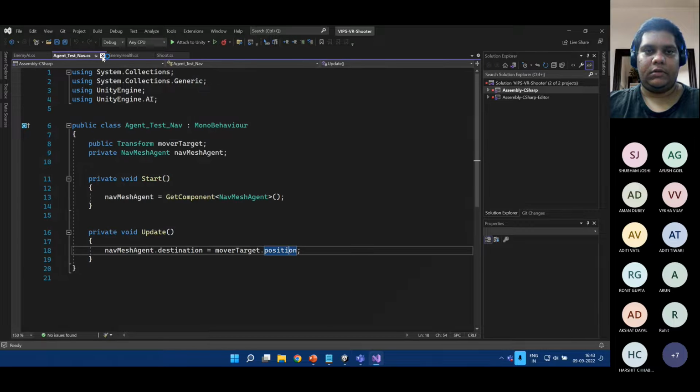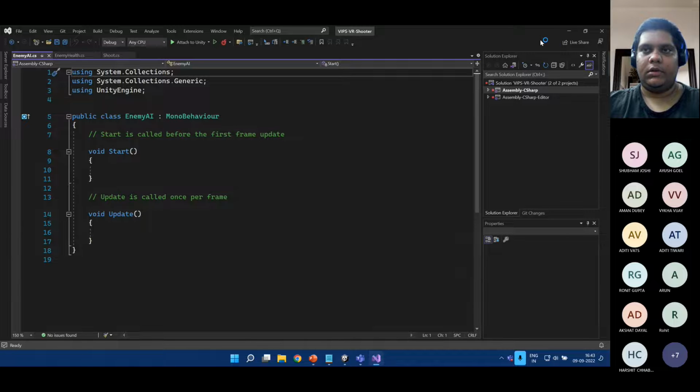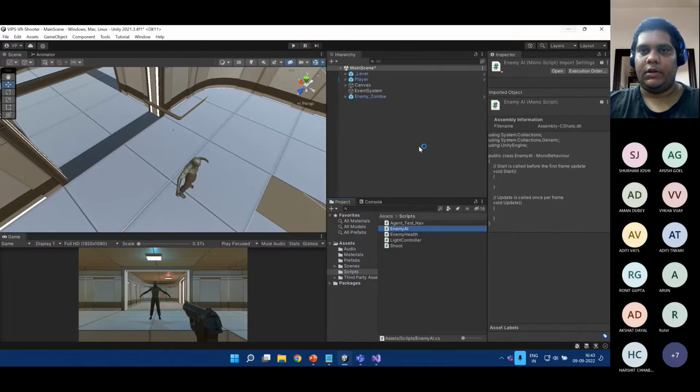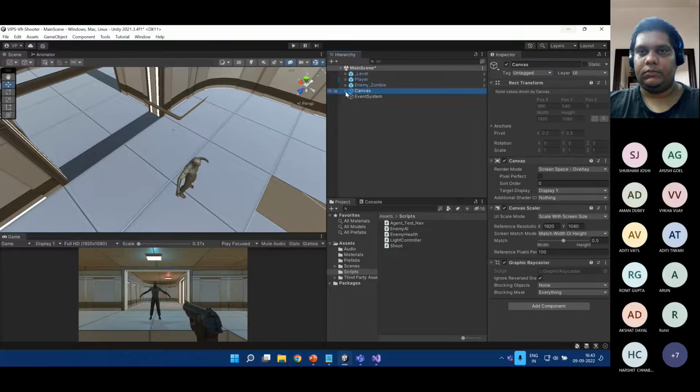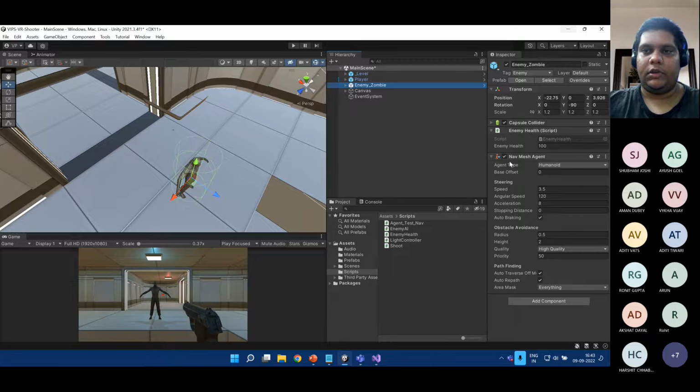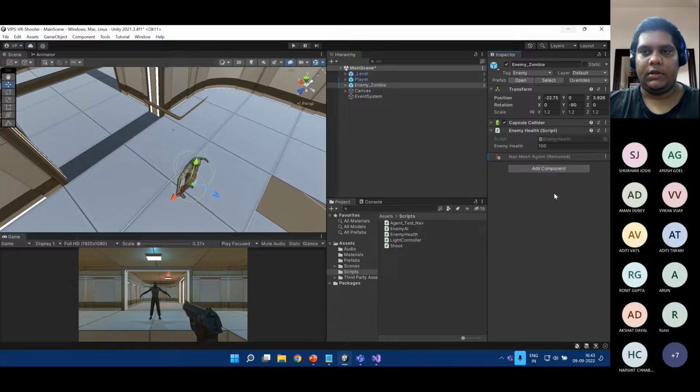So this thing is not required anymore. We can close this one. But we'll use that same concept here. If you remember, we use the concept of the target. So we'll use that same thing. So just, again, going back one step, when we add the